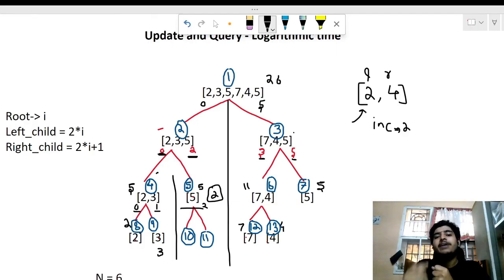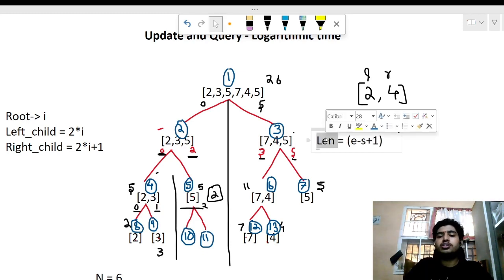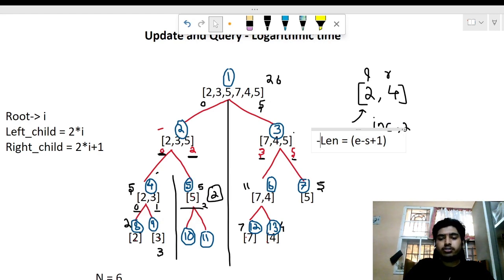Now, what should be the update value? Is it just 2, or should we take the length into consideration? The length over here is 3. So how can we get the length? The length is E minus S plus 1. That will be the total length, right? With this starting and ending value we can get how many leaf nodes are there in that particular subarray. So we have got the length, and this particular node,